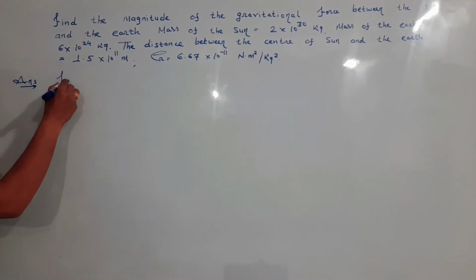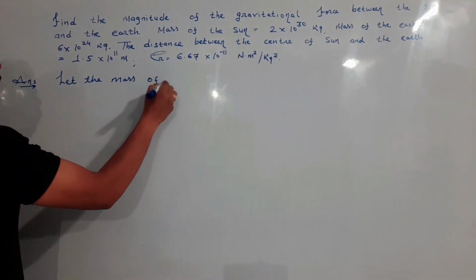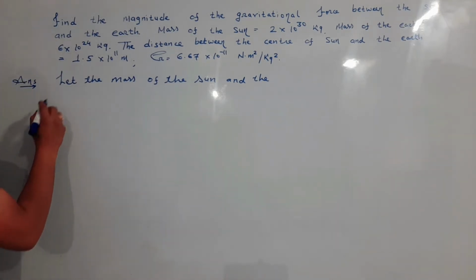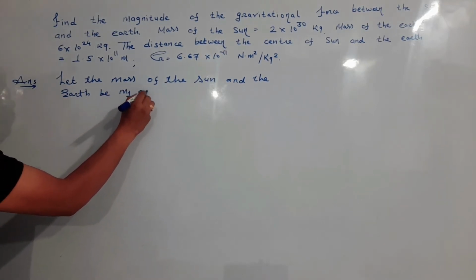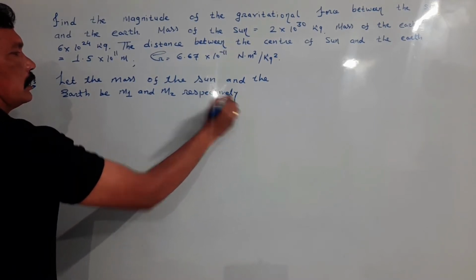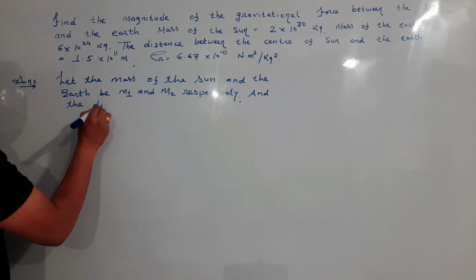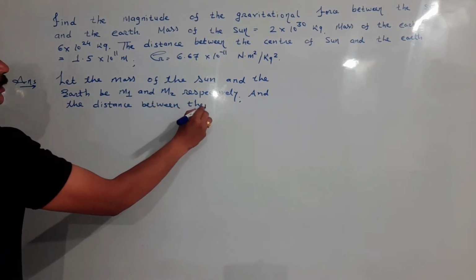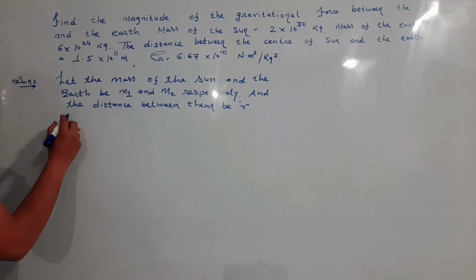Answer. Let the mass of the sun and the earth be m1 and m2 respectively, and the distance between them be r. Then, my dear student, here